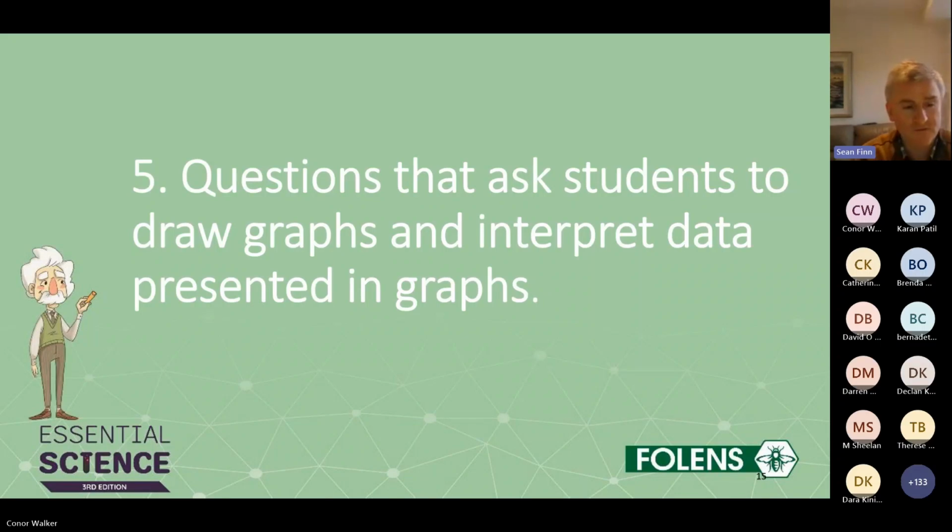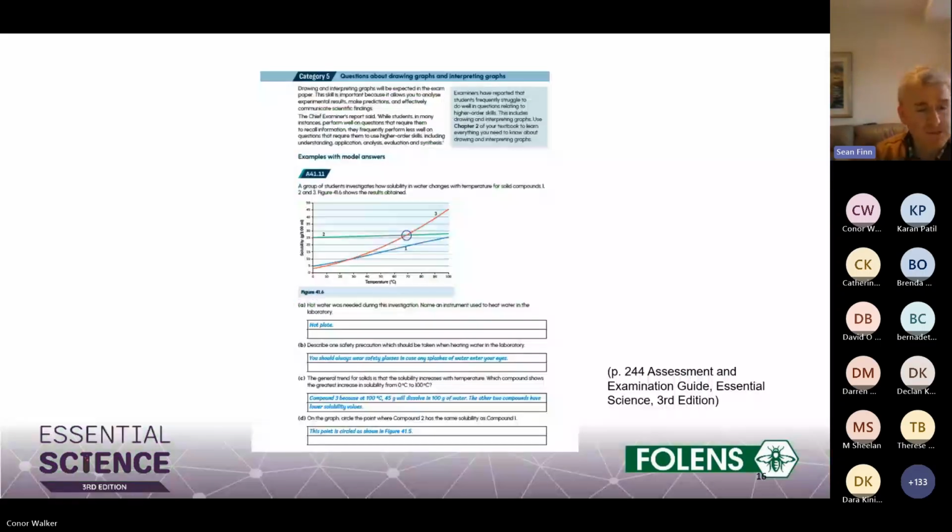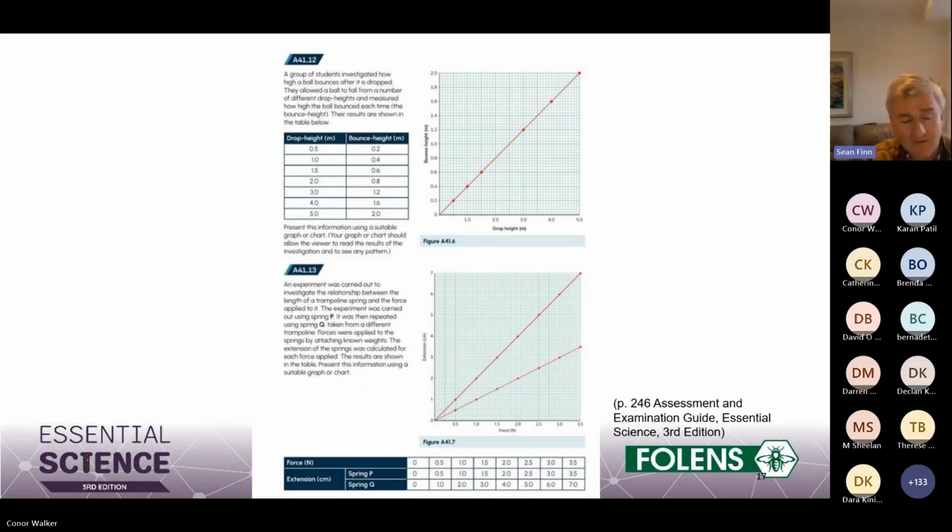So on the next slide, we'll go into question 5. These are questions about drawing graphs and interpreting graphs. You'd have seen so many of these coming up in the exam papers over a period of time. And in the next slide, we'll see that in the examination and assessment guide, we've added even more graphs right